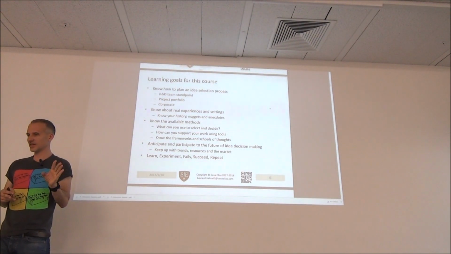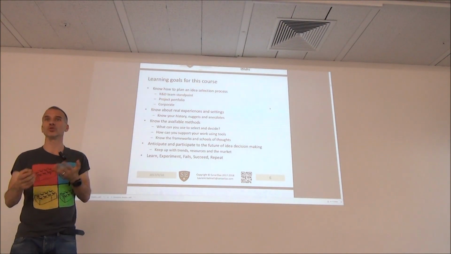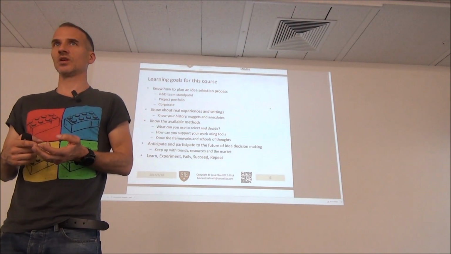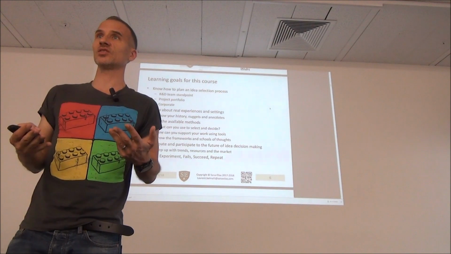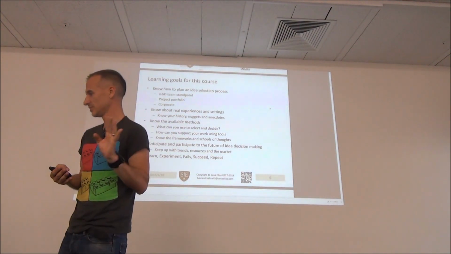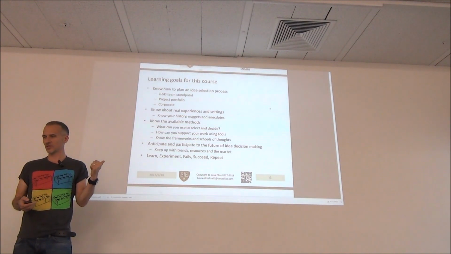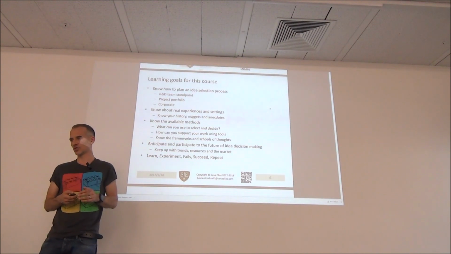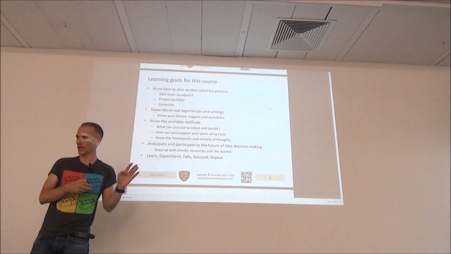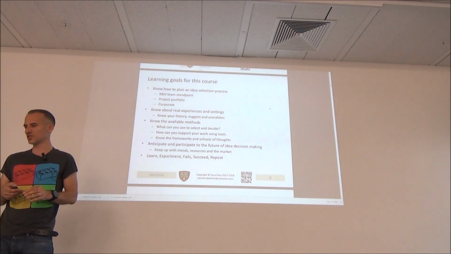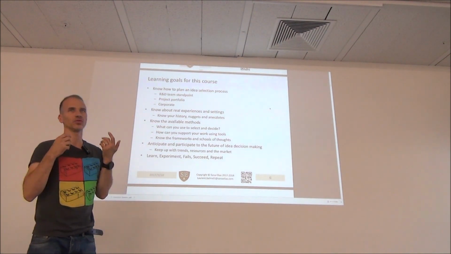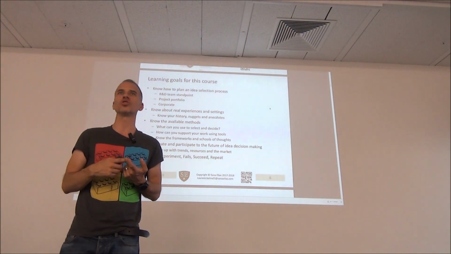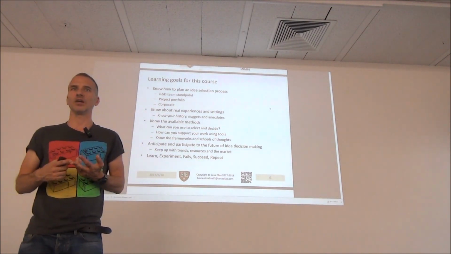Know about real experience and settings. Okay, so know how people do. We'll see how people work at Google, at Disney, and other companies. Because all these companies, to come up with new ideas, they have an idea management process as well. Okay? Know the methods. So how can you select things? So we'll see there's several methods that we can use for selecting ideas. And anticipate, participate in the future of idea decision making. So, you will know that there are idea management systems that exist, like the one we're going to use. There will be tools for assessment. Like, for instance,